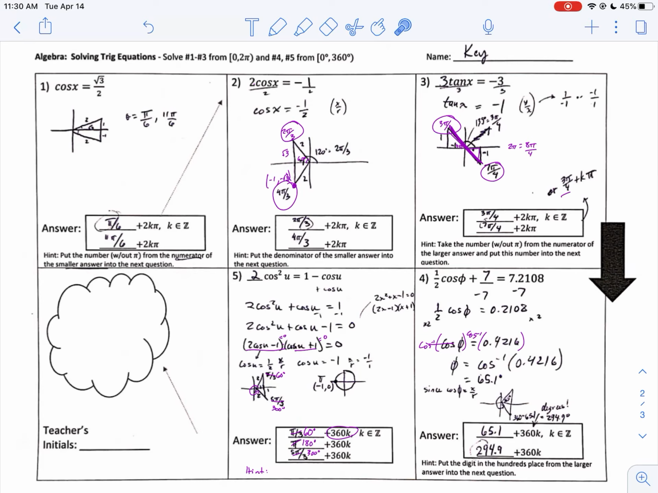Don't get discouraged. Solving trig equations is challenging, but if you just keep working through it,